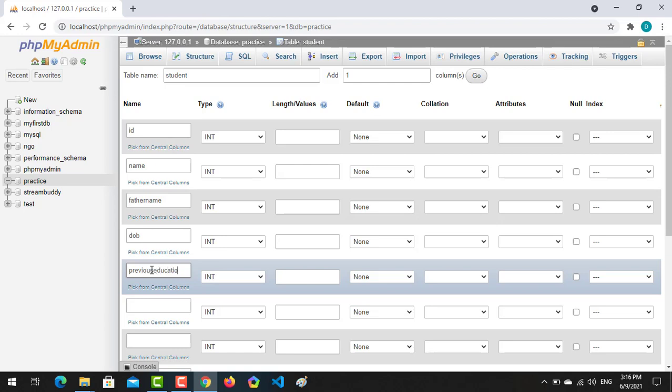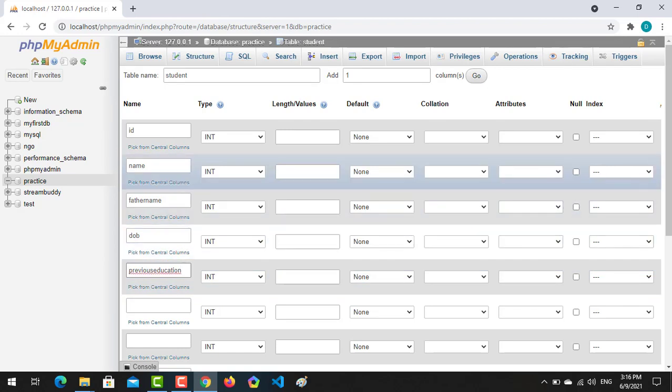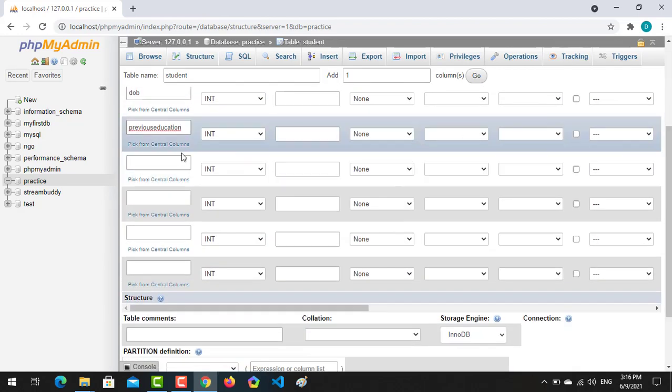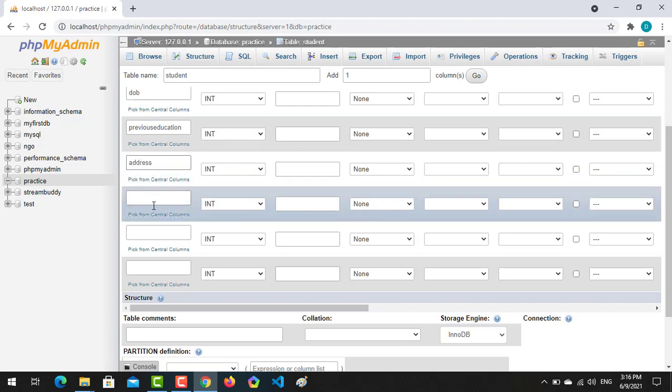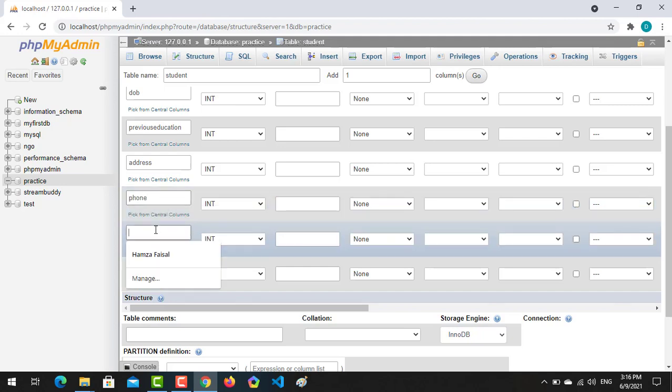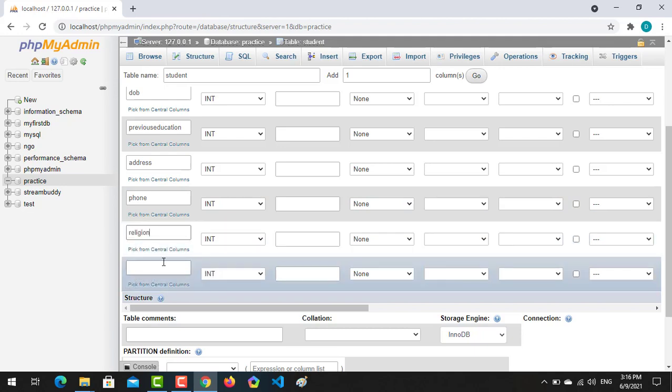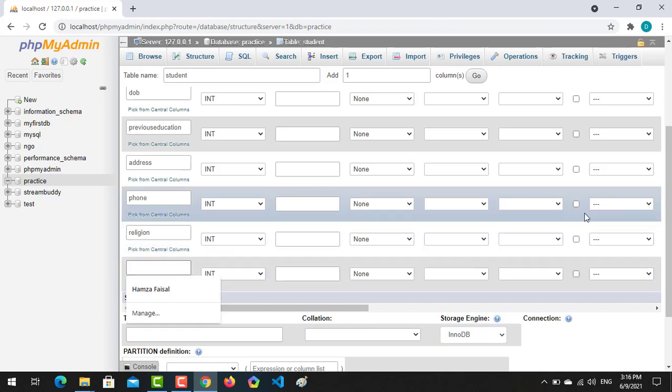And you can write address, all the necessary information that is required by any kind of school. And after address you can type phone, and after that you can type religion,